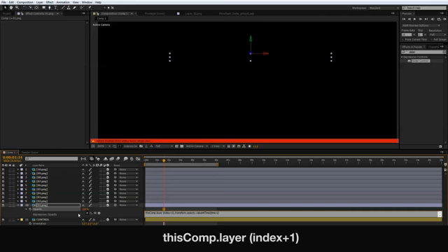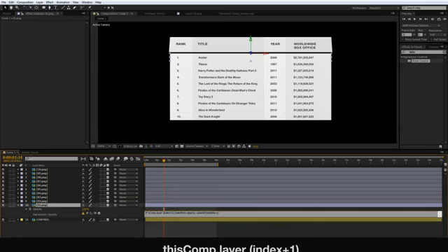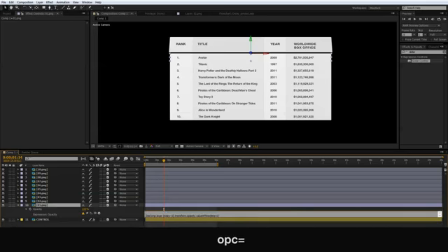it follows the layer below and its opacity. Okay, just click enter and then add